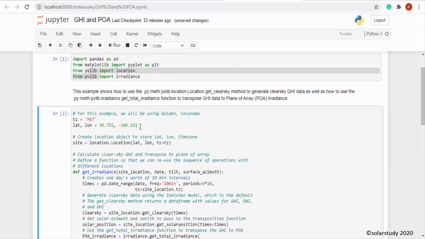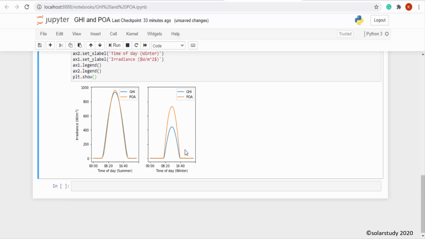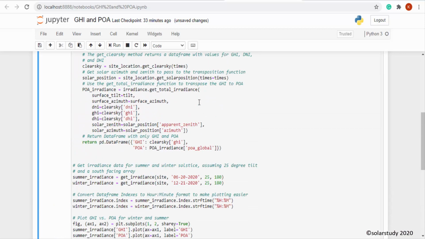Similarly we will go for plotting solar module data and irradiation data. Suppose I am getting only irradiation from the data acquisition system, that can also be plotted using Python programming. So here we have used an inbuilt library called pvlib, that has been developed by Sandia. So that we have used.